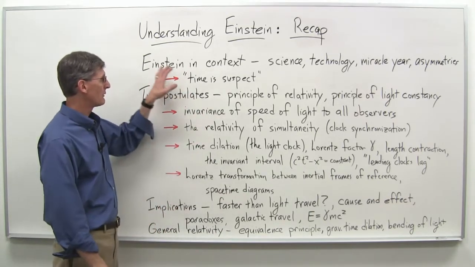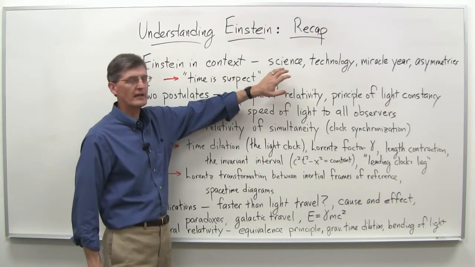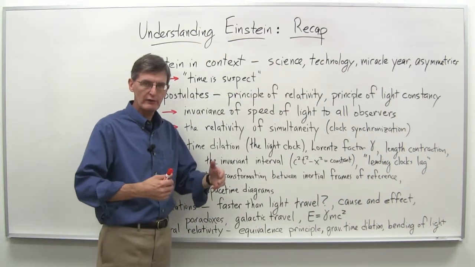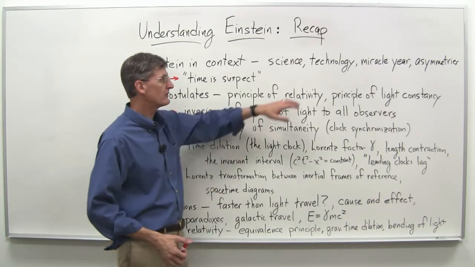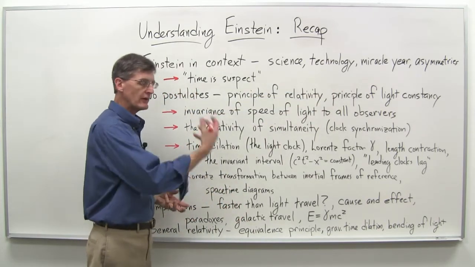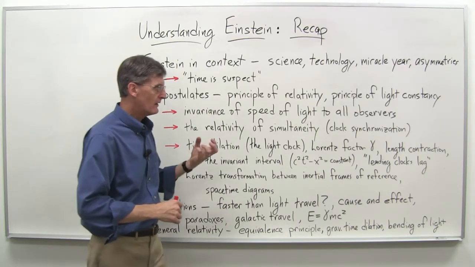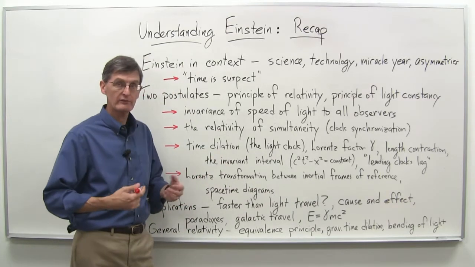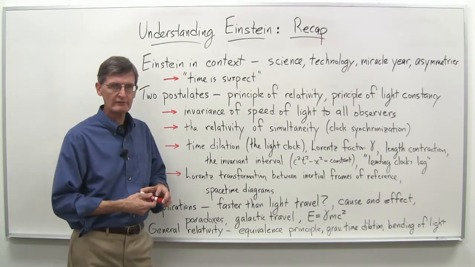So remember, we started off just talking about Einstein in context, which meant looking at the scientific background of his time, some of the key scientific discoveries and developments throughout the 1800s, Einstein being born in 1879, of course. Also the technology of the time, because remember his family was very involved in electrotechnology, and of course later on he worked as a clerk at the patent office, and so saw a lot of the things that were going on in terms of especially things like synchronization of clocks and other things going on in electrical technology